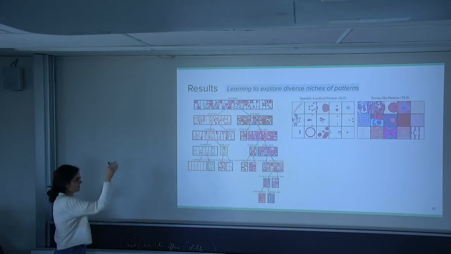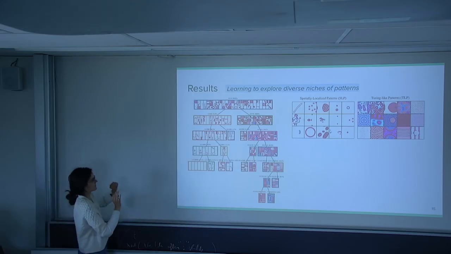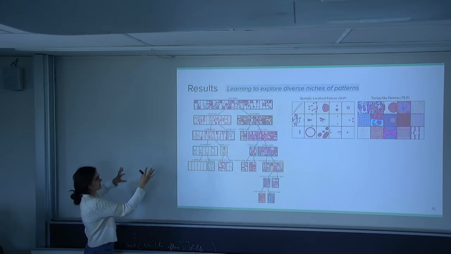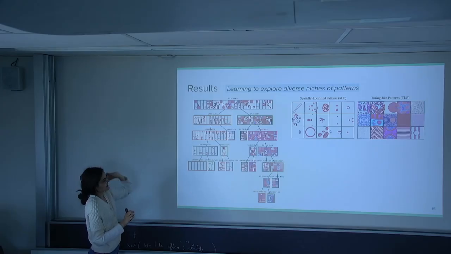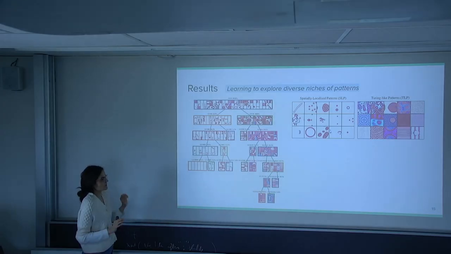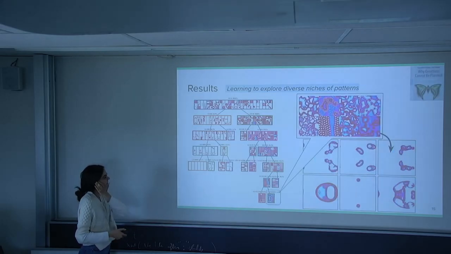And yeah, so already visually we can see, I mean, this is all qualitative, but we can see that in a different space it was able to discover different types of diversity. So for instance, diverse spatially localized patterns, but also this kind of Turing texture-like patterns. The images that I'm showing on the right are actually coming from this exploration run.